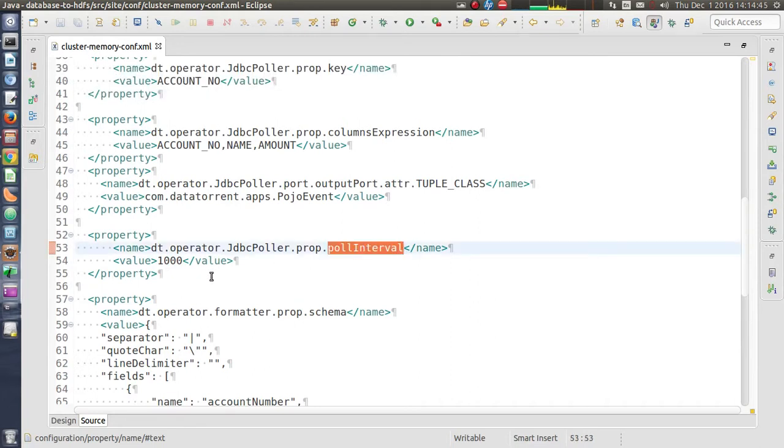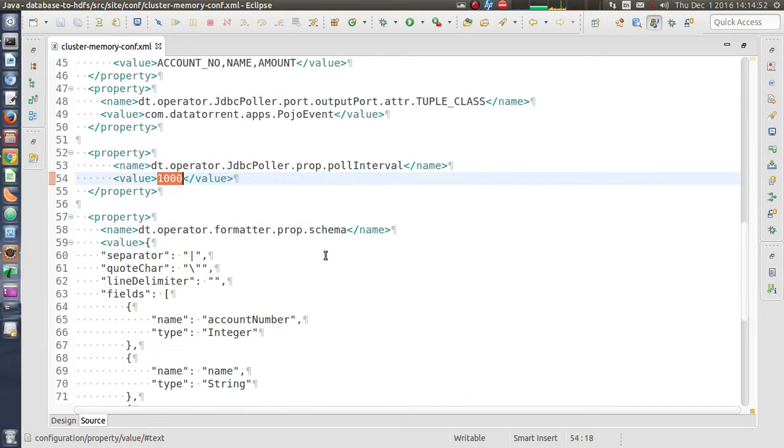Then we have fields like polling interval, which is in milliseconds. Next is the schema property for the formatter.